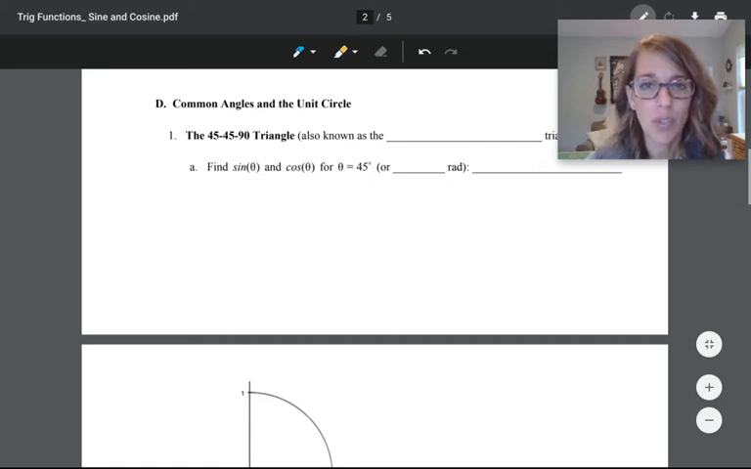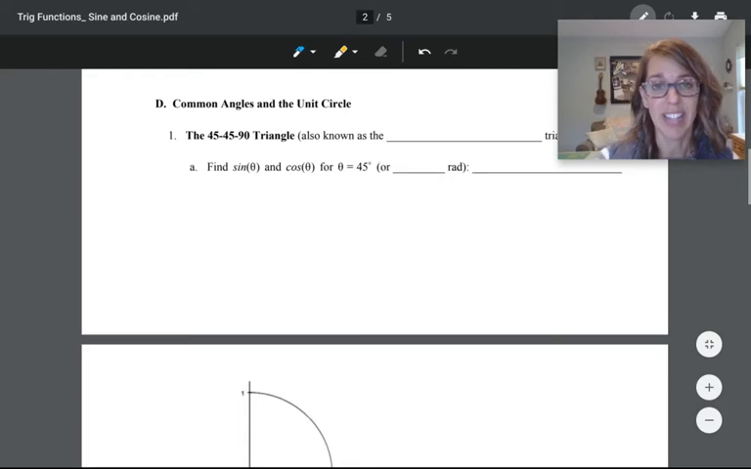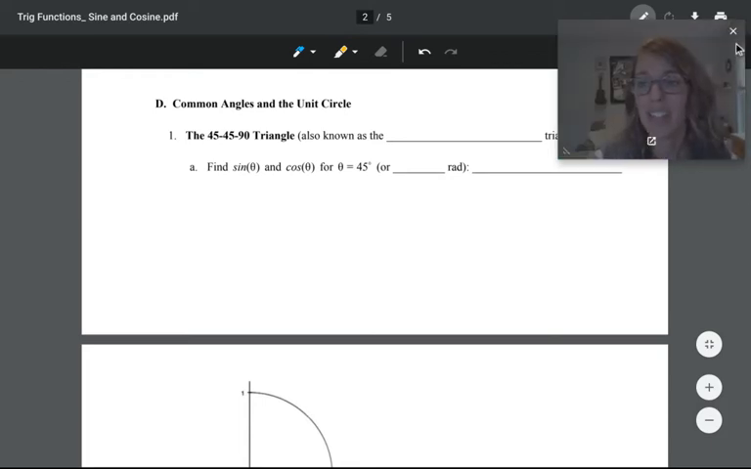We're going to take a look at two common triangles that are used in trig. One is the 45-45-90 triangle. It's got two 45-degree angles. And the other one is the 30-60-90 triangle. It has a 30-degree angle, a 60-degree angle, in addition to that 90-degree angle. Let's go ahead and get started with the